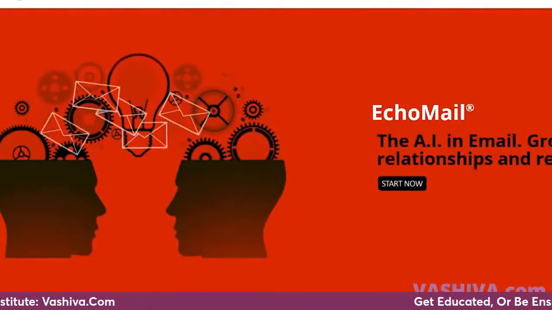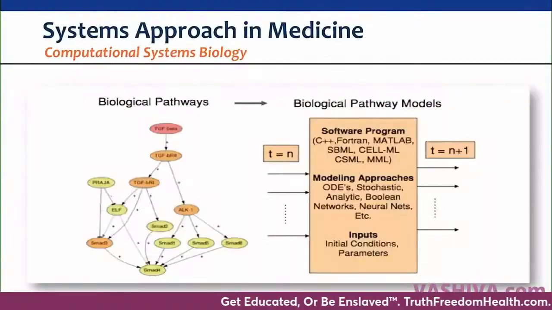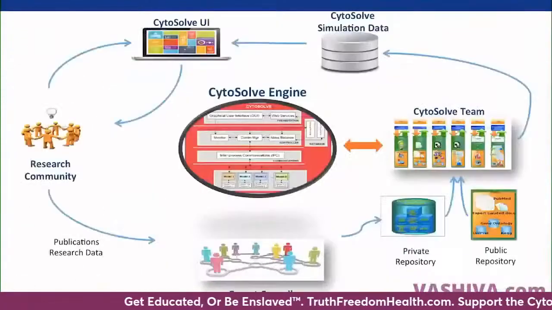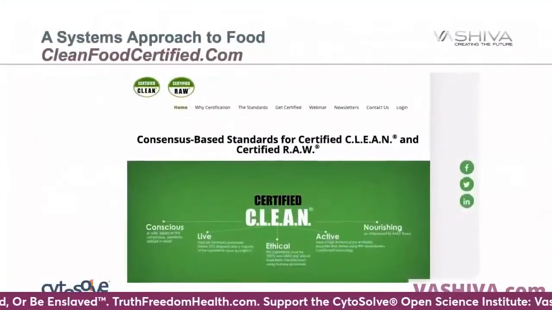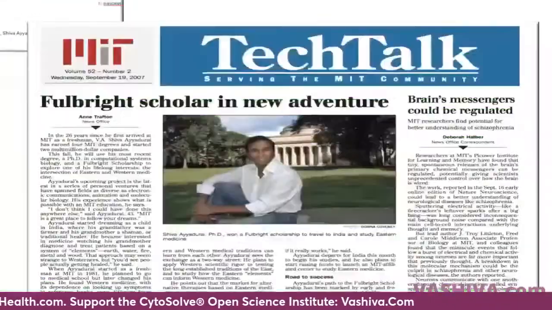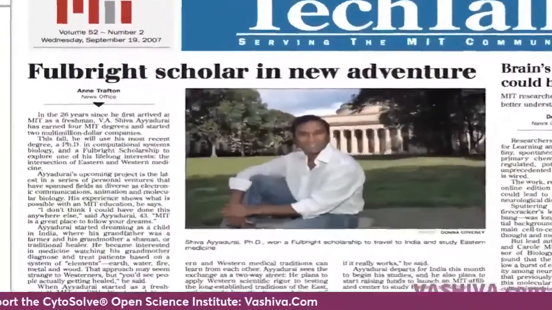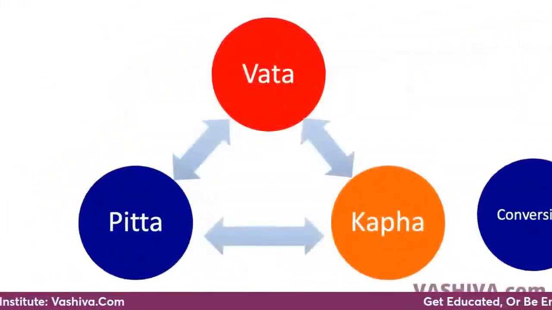EchoMail, the world's first intelligent email management system. Cytosolve, a computational biology system for eliminating animal testing to discover new medicines faster, cheaper, and safer. And the creation of a whole systems methodology for certifying clean food. These innovations led me back on a Fulbright to India, where I discovered the missing link between Eastern medicine and